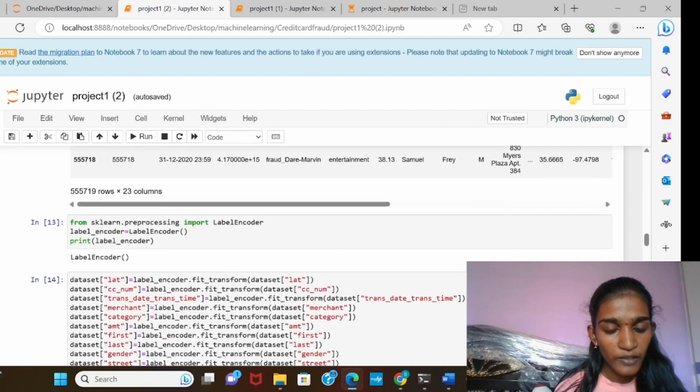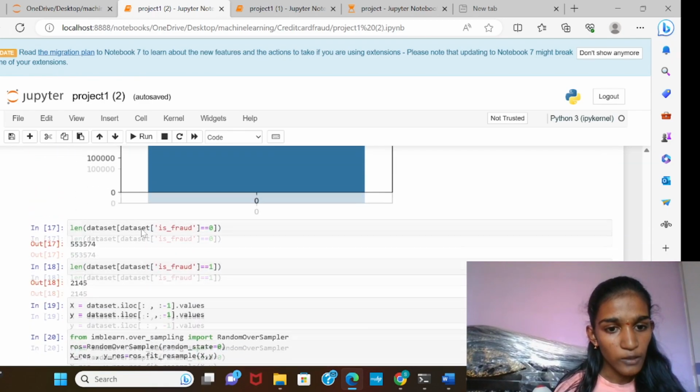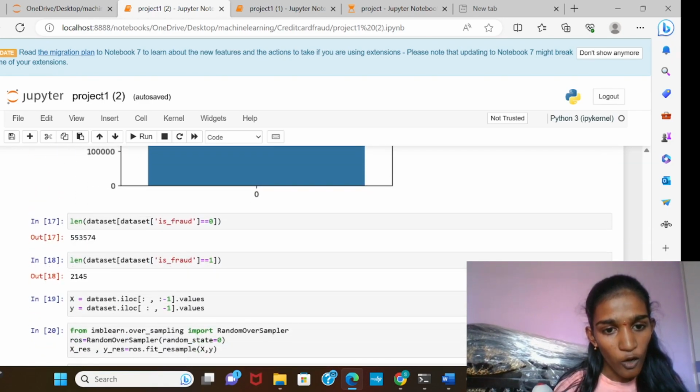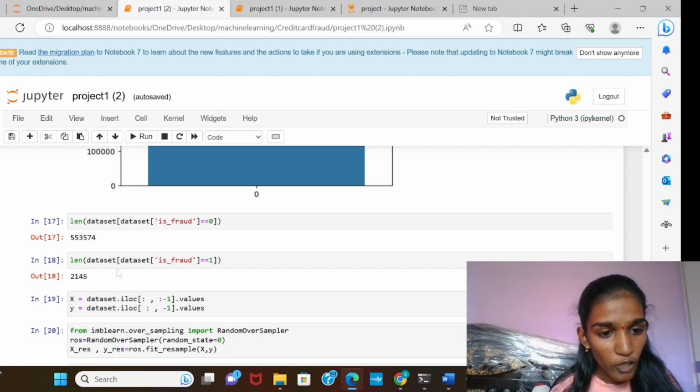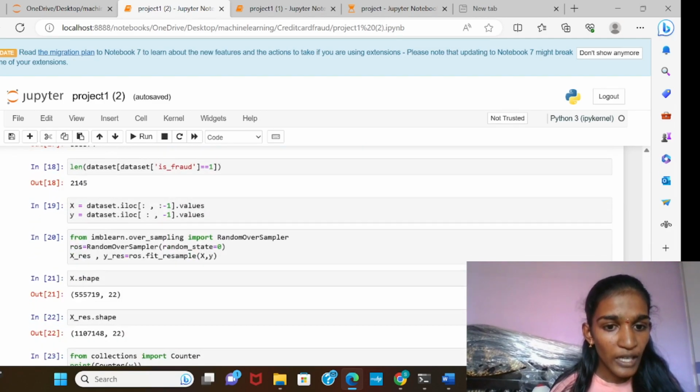Then we have used the label encoder technique to encode the data. After encoding, we have checked how many frauds and how many non-frauds there are in our dataset. It is 553,574 not fraud and 2,145 fraud. After that, we have